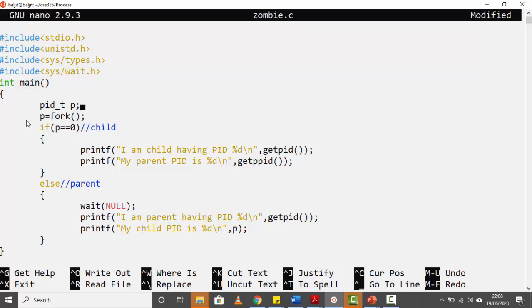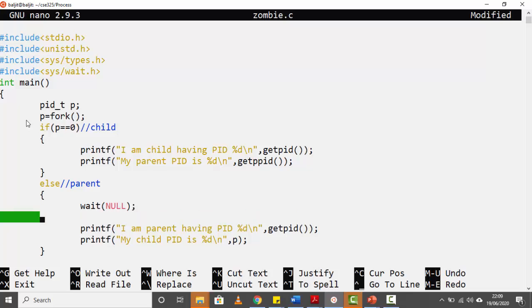Now the wait function, what it does, I have already made a separate video on this, you can even refer to that. The wait system call makes the parent wait for the child to change its state. So from the running state, once it changes to the terminated state, it sends a signal to the parent and the parent will clear up all the entries and you will see that there's no defunct entry this time. Okay, we need some time to write the ps command, so we'll write the sleep function once again here. It will give me some time to write the ps command.